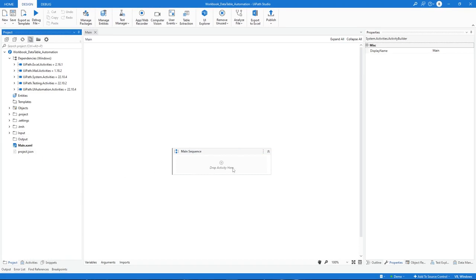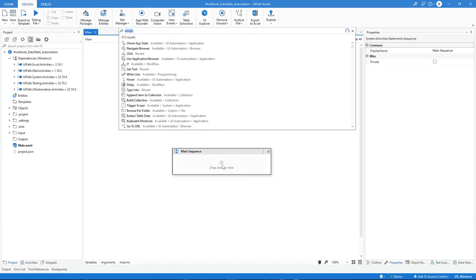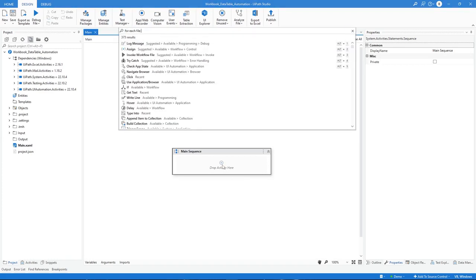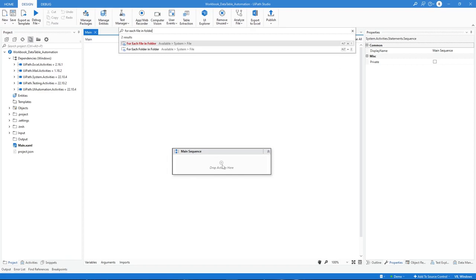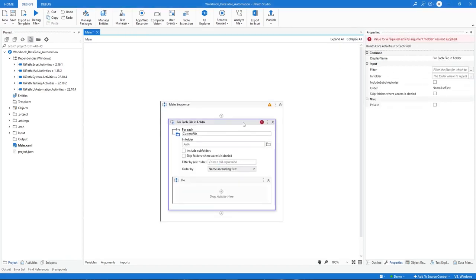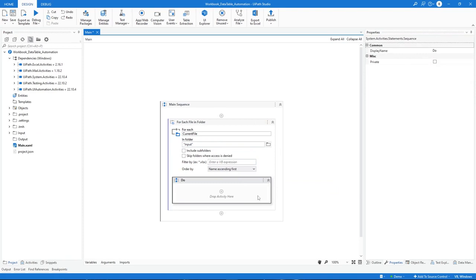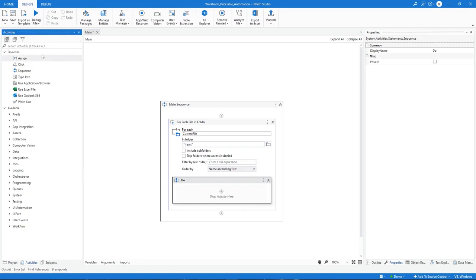Now that we've created the necessary folders, we should add the For Each File in Folder activity to our workflow. This will allow us to iterate through the files and perform the necessary actions on them. Let's type the folder path in the In Folder field. If you prefer, you can also browse for the folder by clicking the Browse icon next to the field. Great! Now that we've set up the folder structure and file iteration, we can proceed with using the workbook activities